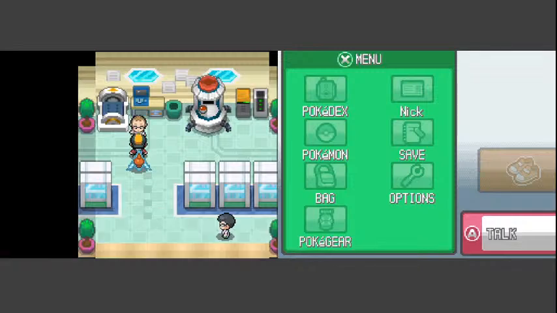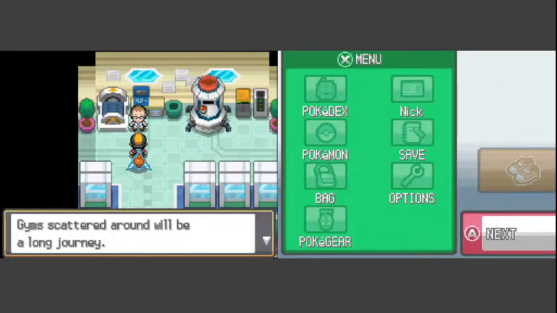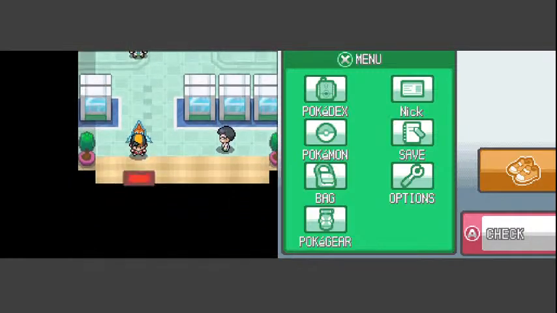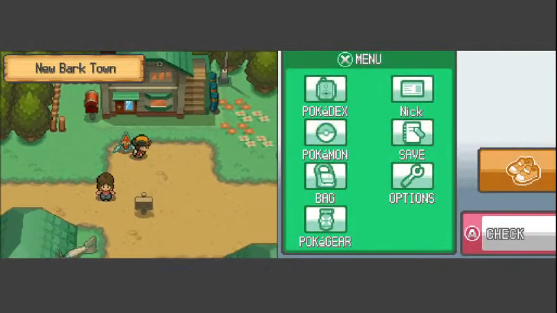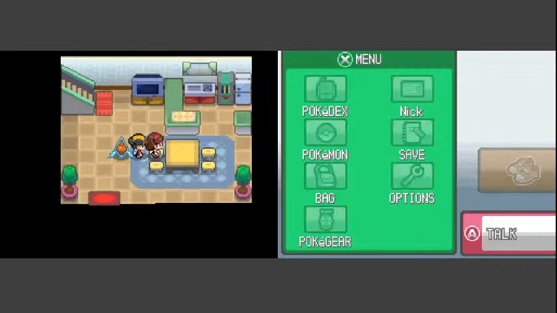So, we will eventually get that egg back. But for now, we're going to set out on the gym challenge. We just got to go let our mother know. Of course, of course. We're a 10-year-old child. We have to make sure we let the adults know what's going